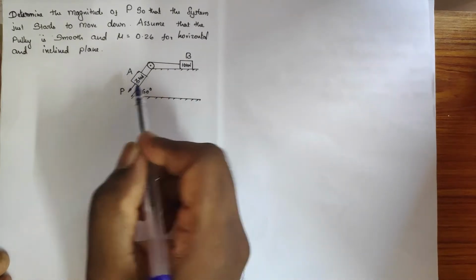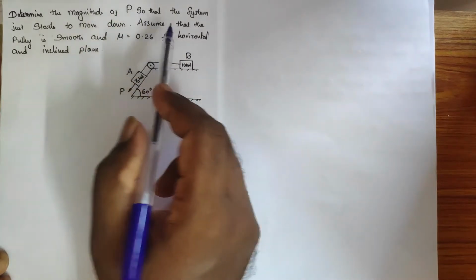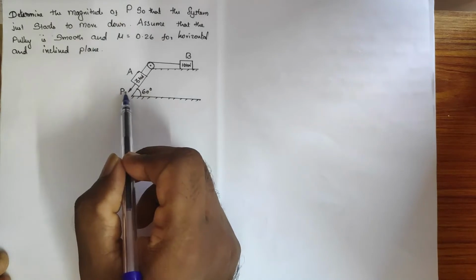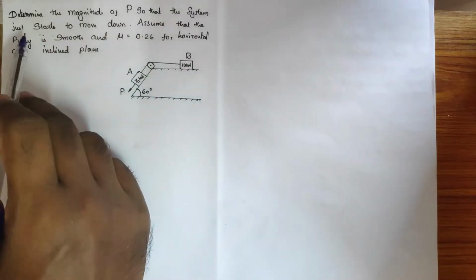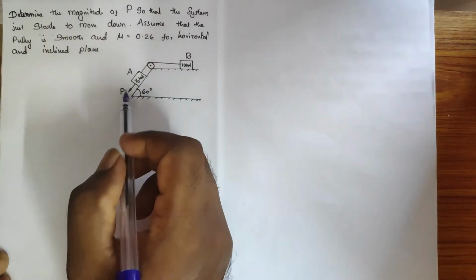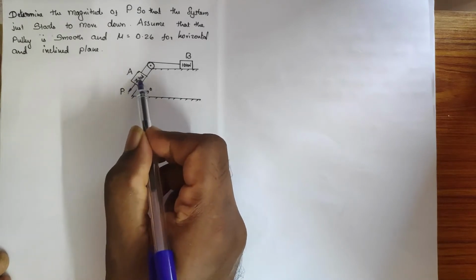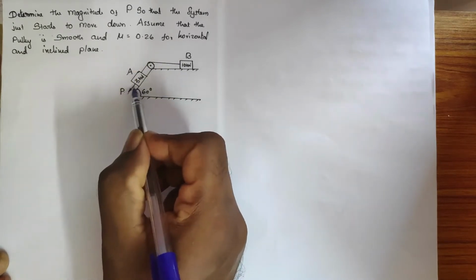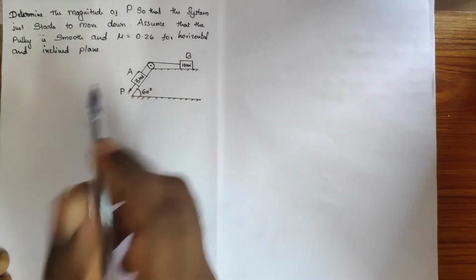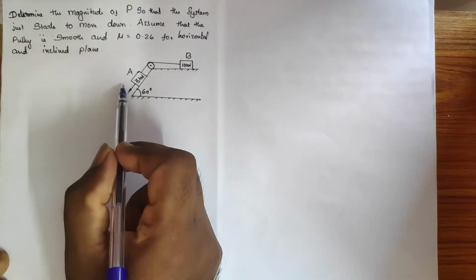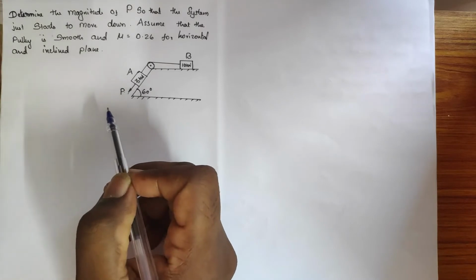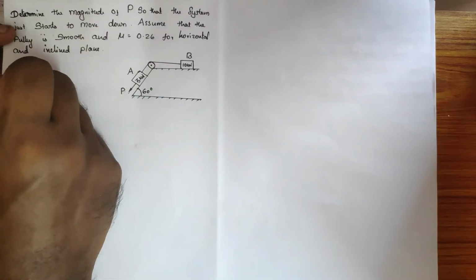And it has been said we need to find the P force, so that the system just starts to move down. The force required to move blocks A and B downwards, that particular magnitude, we need to find. So here is the given data,